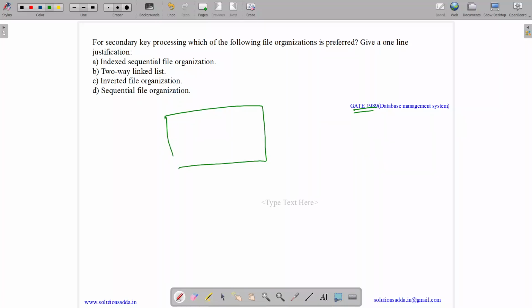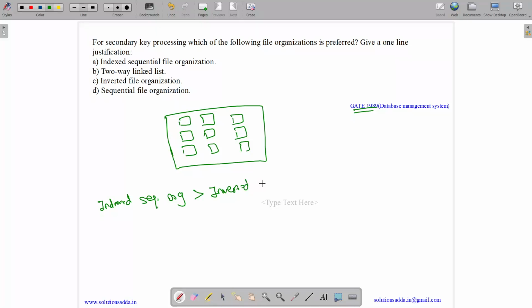So if we have our database, then we have disk blocks. Then how will we store the file? There are various schemes to store the file. Among these schemes, you can remember this order. With respect to these four options in terms of efficiency, indexed sequential organization has the highest efficiency, followed by inverted organization, followed by two-way linked list, followed by sequential